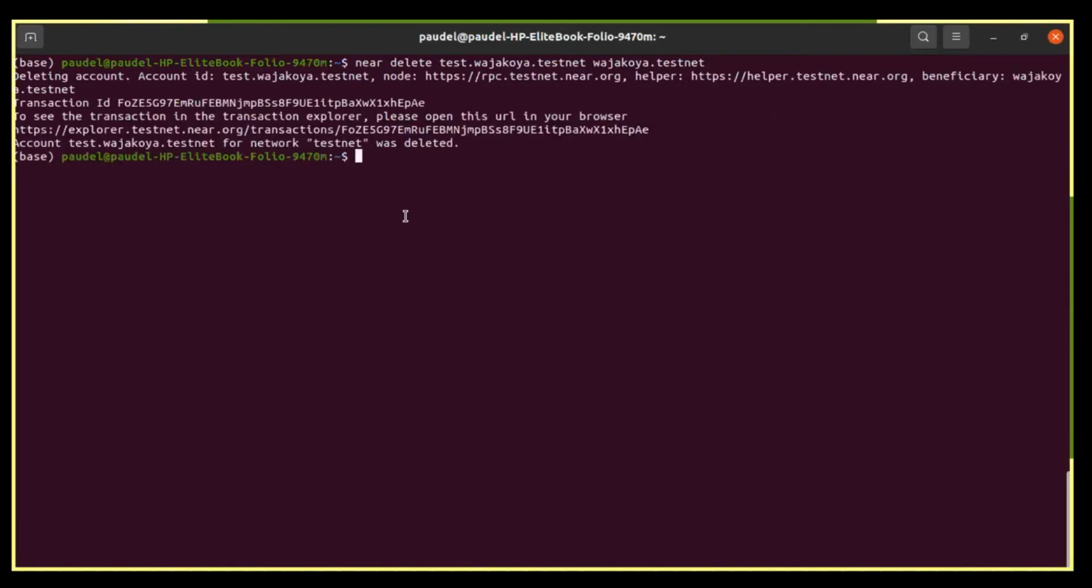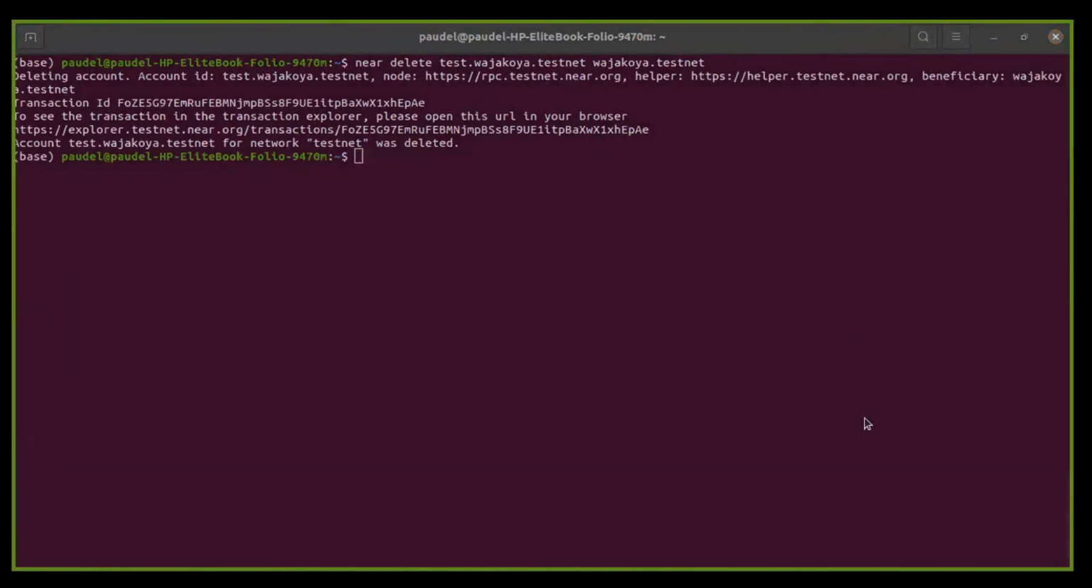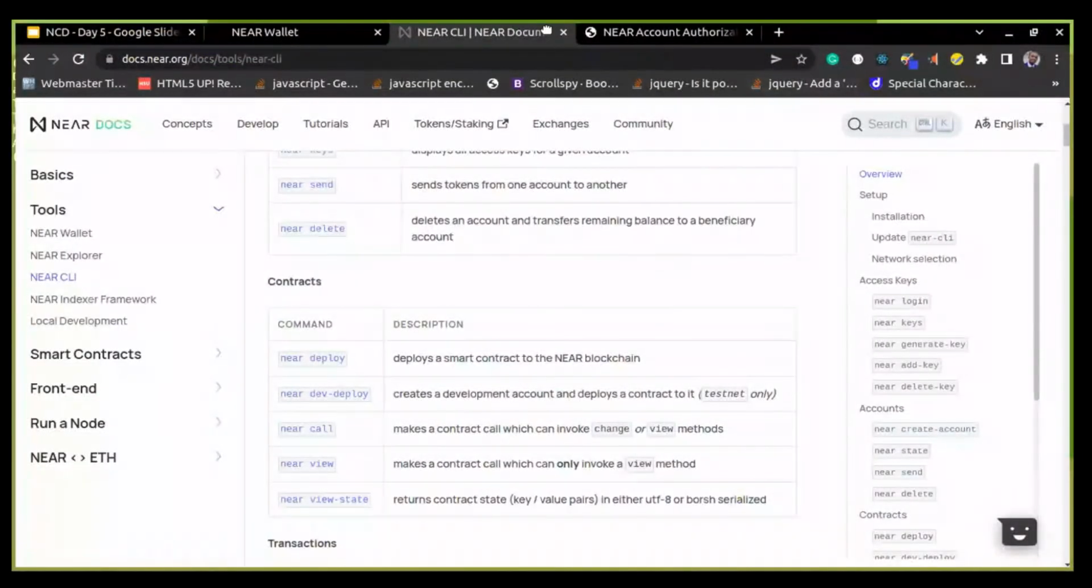Awesome. So it just deleted. So if I went back to the interface, the web interface, in this case you're using,